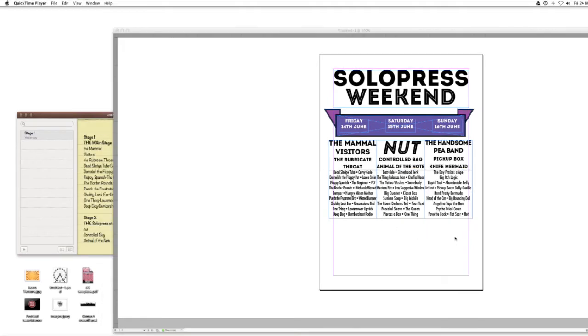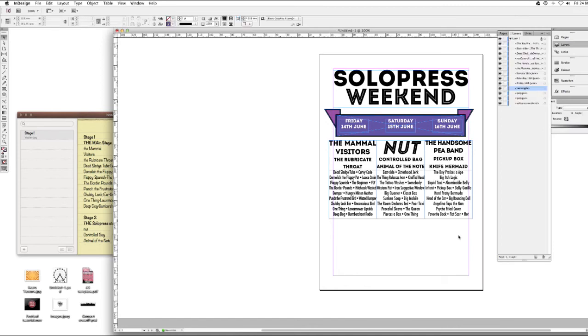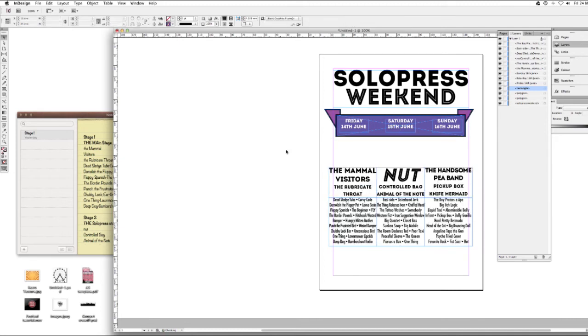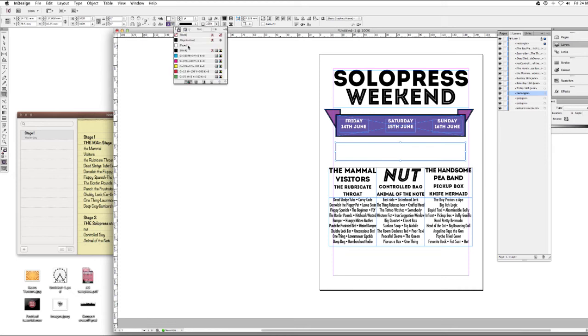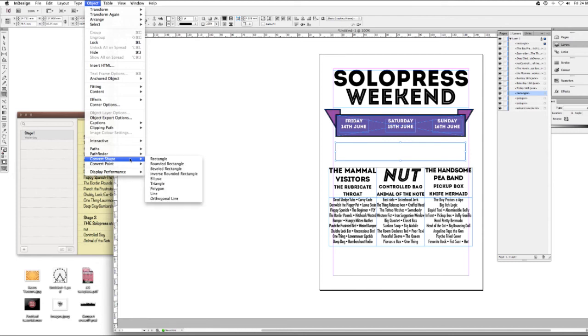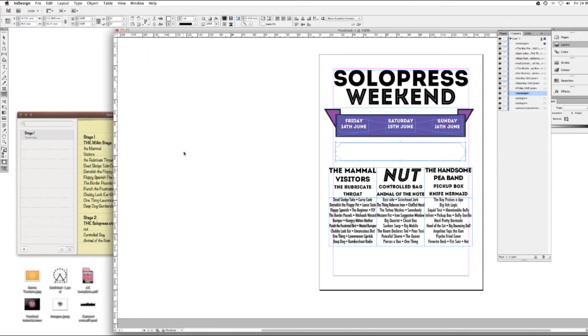Going to go ahead and select them all and leave another little gap for another rectangle that's going to be in there, which is going to be what stage the acts are playing on. So for this one, I'm just going to make a nice little border. Both the fill and the stroke are white. Go down to Object, Convert Shape, and then Inverse Rounded Rectangle, and you'll see the inverse rounded rectangle. I'll show you how that works in a minute. So we'll just select a shape tool and make a rectangle and make it fill the background. Now drag that to the bottom. I'll just make it a nice pink.